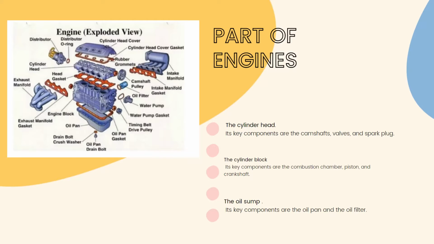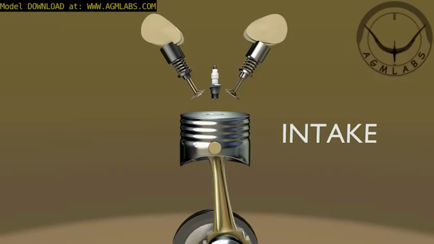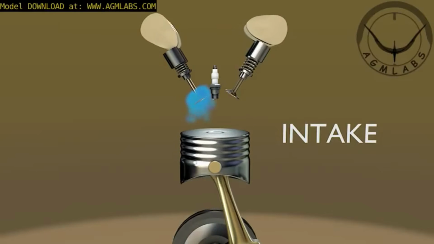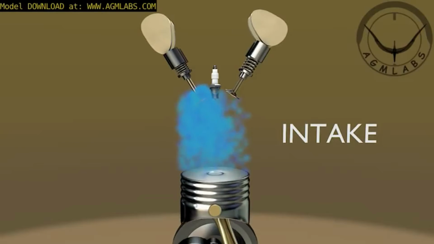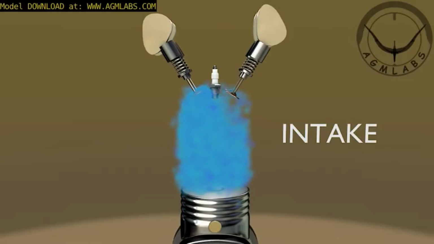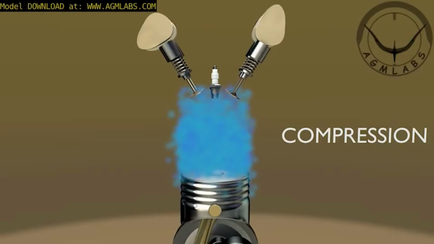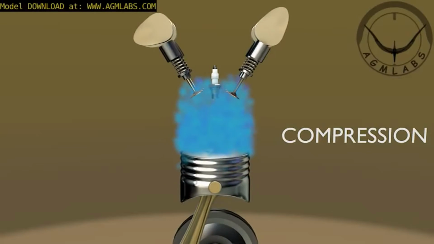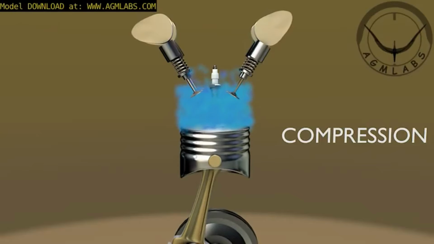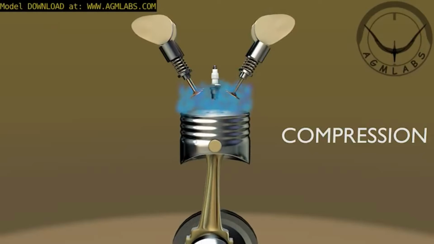How does an internal combustion engine work? Firstly, we have the intake stroke. In the intake stroke the valve is open and the fuel air mixture is drawn in as the piston travels down. Second, we have compression. The inlet valve is closed and the piston travels back up the cylinder, compressing the fuel air mixture. Just before the piston reaches the top of the compression stroke, a spark plug emits a spark to combust